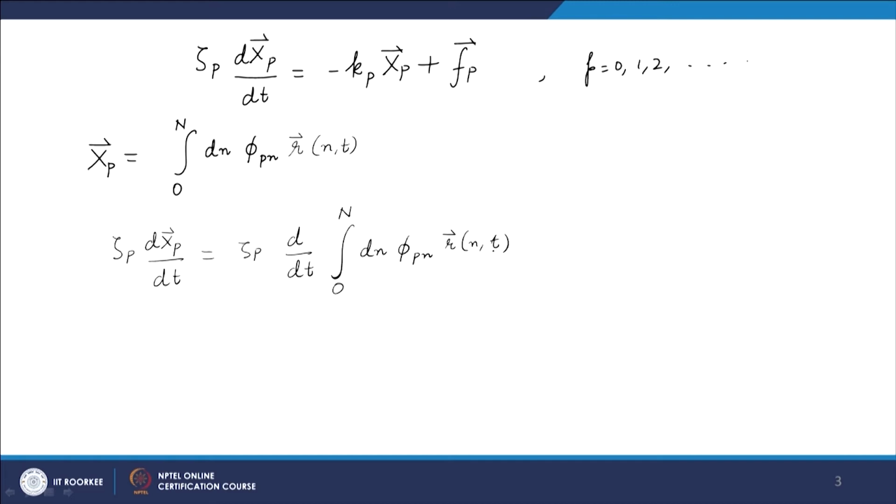Of course, I can move the time integration inside the integral, because the integral is over n, not time, and phi is assumed to be not a function of time, it is only a function of p and n. So, we can write this as